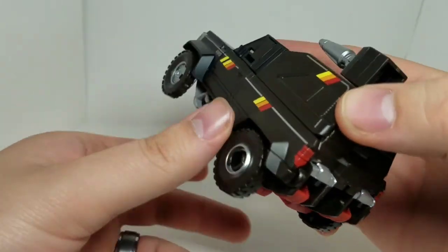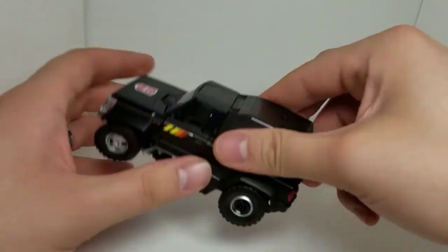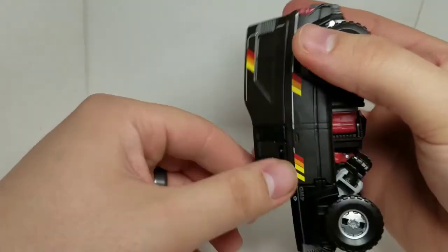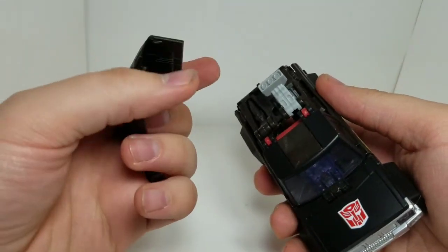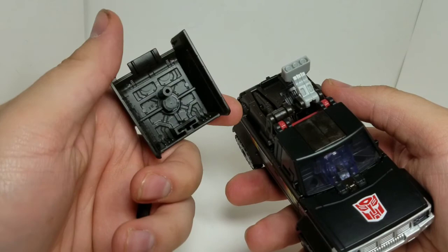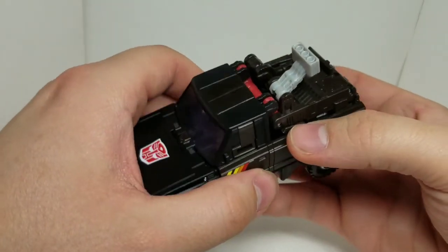I like how they have this cover here, and this does come off. I just want to show this real quick. Now, let me get my finger under it. Yeah, right there. It just comes right off, just like that. And it can turn into a shield because there's a 5mm peg right there for it to attach to him. And then under here,